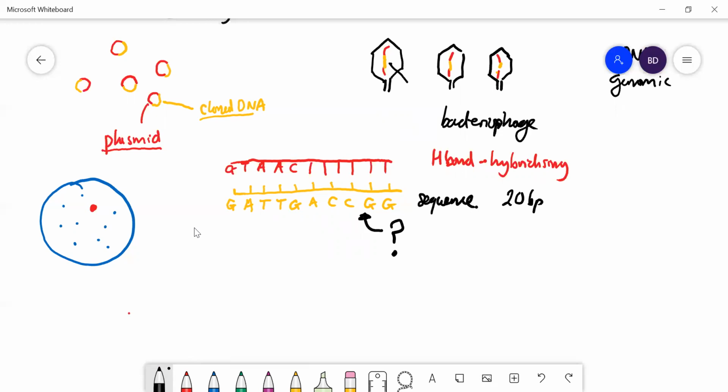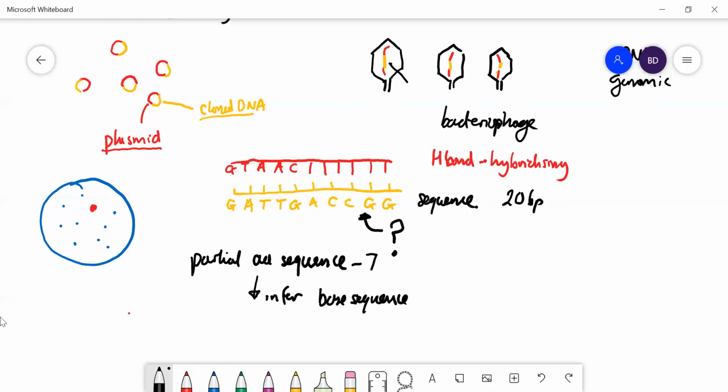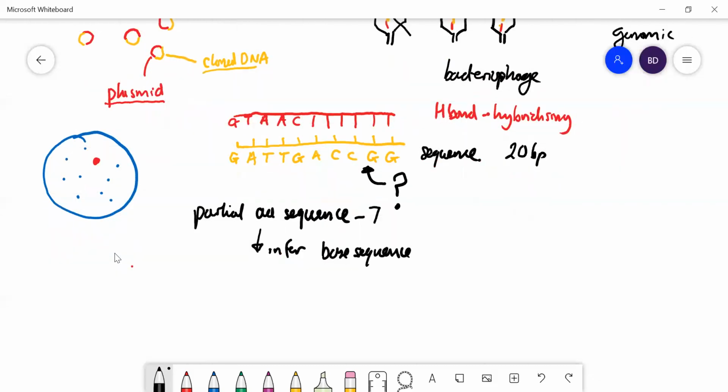Well, one way was to get a partial protein, a partial amino acid sequence. So you don't have to have the whole protein, which may be 300 long. You'd only need to have it to be quite short. 7 amino acids is enough. From that you can infer the nucleotide sequence, the base sequence. So three bases for each amino acid, so that's going to be 3 times 7, 21 long. So you're going to do a sequence of 21